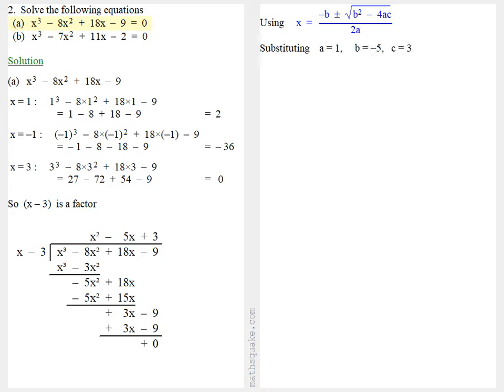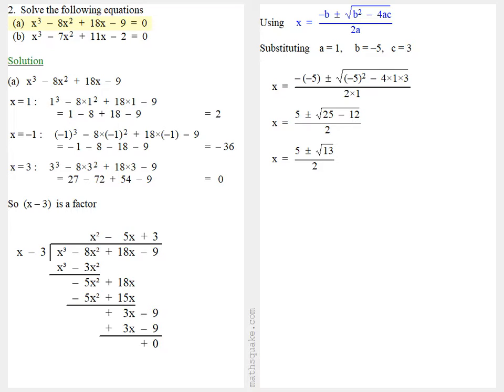root. We need to substitute in a is 1, b is minus 5, and c is 3. We put that in the quadratic formula, and that simplifies to 5 plus or minus the square root of 25 minus 12 all over 2, which gives us x is equal to 5 plus or minus root 13 over 2. Now we can leave those as our answers, or we can, using a calculator, work out the square root of 13. This gives us x is equal to 5 plus or minus